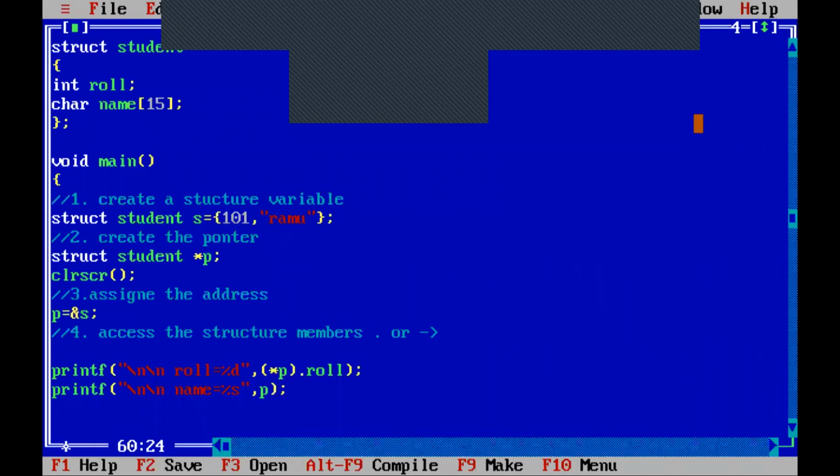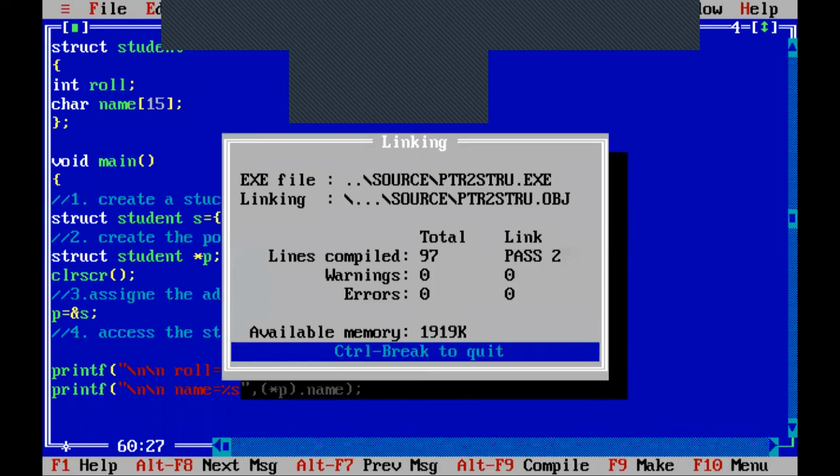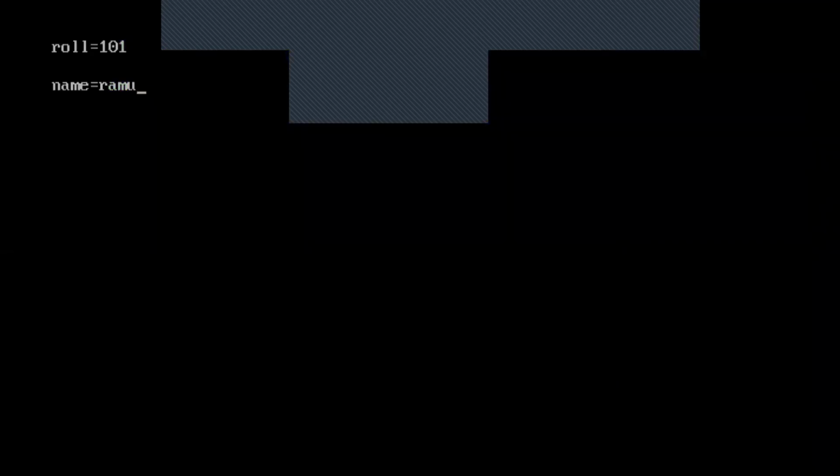So P dot, I can write the name of the member. But what is the syntax? We are trying to access the address location. We need not point to the address location. We need to point to the structure at that particular address. So star P we have to write. So it will access, zero errors, Ramu, the second member.